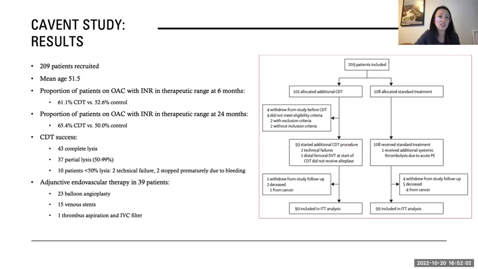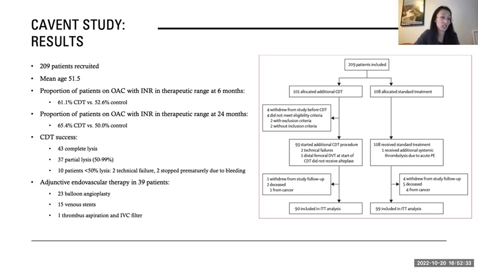For the number of patients on oral anticoagulation at 6 months, it was a little bit more in the catheter-directed thrombolysis arm, 61 versus 52%. And at 24 months, 65 versus 50%. It's interesting, there weren't great catheter-directed thrombolysis outcomes in this trial. Only about 43% had complete lysis, 37 had partial lysis, and 10 patients actually had less than 50% lysis achieved,